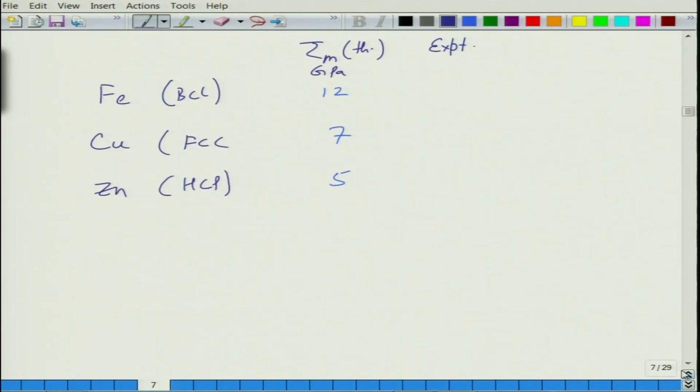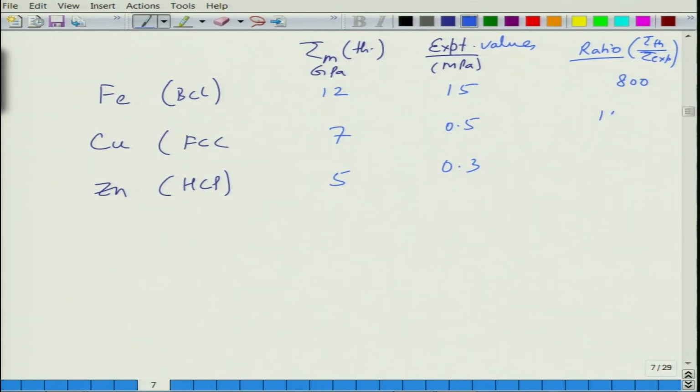However, when we see the practical values, the experimentally observed values, they are not in GPa, they are more in MPa. So, experimental values are like 15 MPa for pure iron, for pure copper it is 0.5 MPa, for zinc it is 0.3 MPa. So, if you look at the ratio between tau theoretical and tau experimental, the ratios are of the order of 800, 14,000 and 17,000. So, there is a large discrepancy between